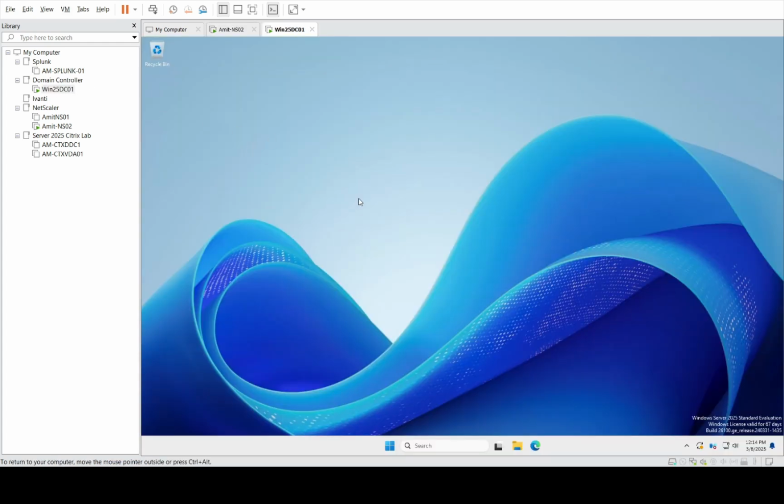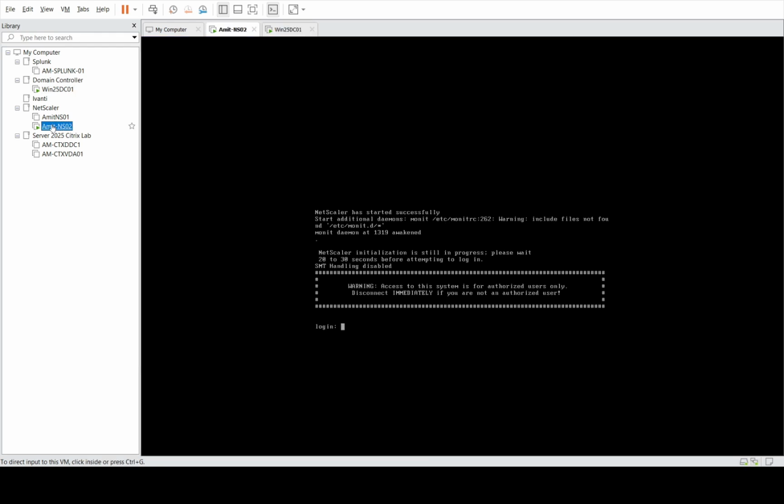Yeah, and this is my Windows machine, my domain controller. And before that, I have to verify that the VLAN settings for this machine are correct. Otherwise, I won't be able to